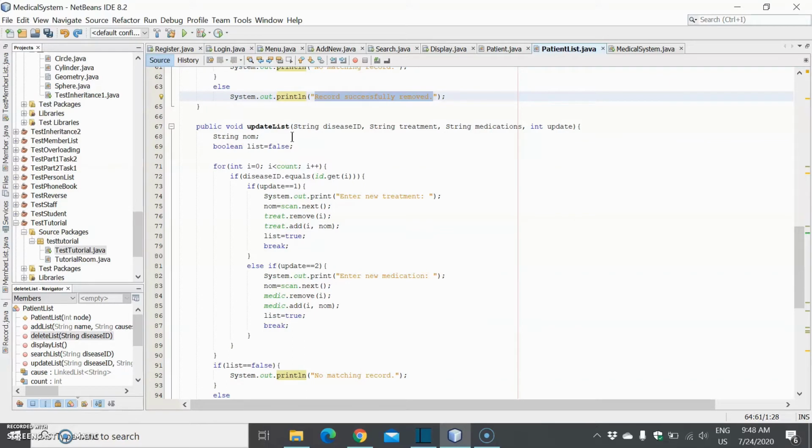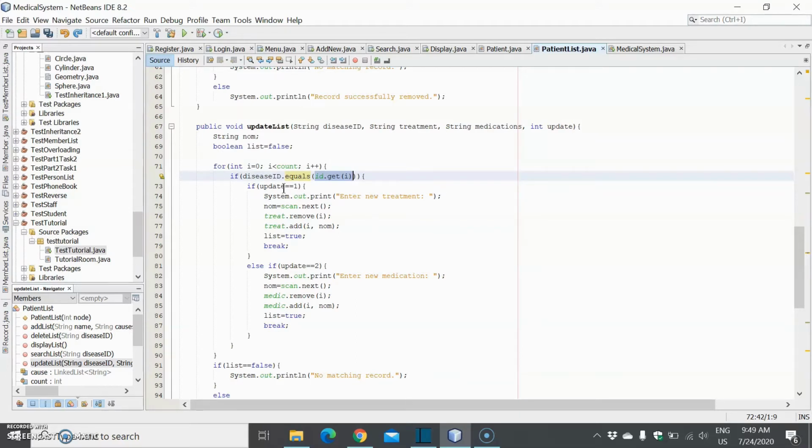For the update method, we have 4 parameters, which are string disease ID, string treatment, string medication, and integer update. And here we also declare string num and boolean list equal to false. For the loop, integer i equal to 0, i less than count, and i plus plus. If disease ID equals id.get(i), id.get is to check whether the ID that the user has inserted is the same as the previous ID that the user has stored.